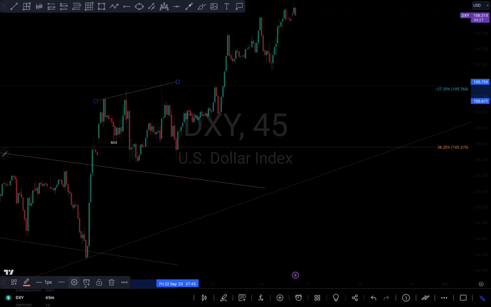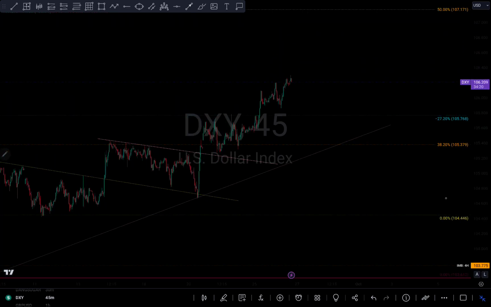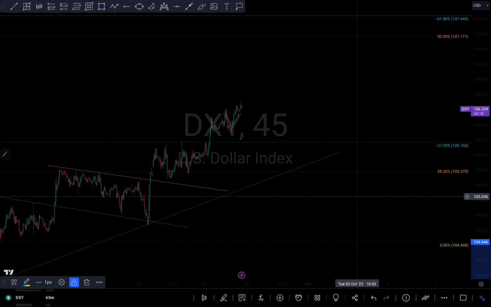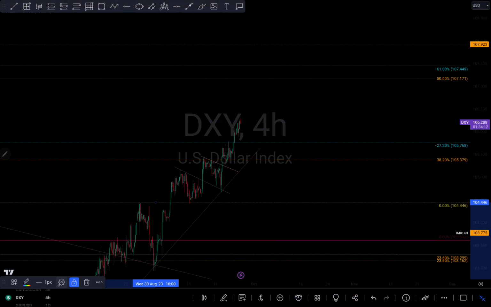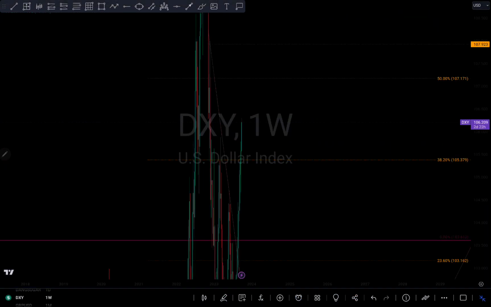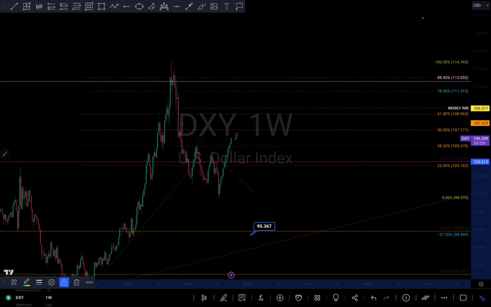So what am I seeing currently on the XY? I'm still seeing a push to the upside on the XY because overall we are in an uptrend. If I go to a bigger time frame just for us to see, we can see that we are currently breaking this. We broke this trend already and it's continuing to push to the upside. So overall my target for the XY is still